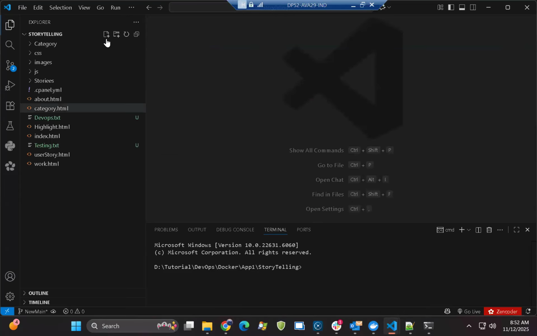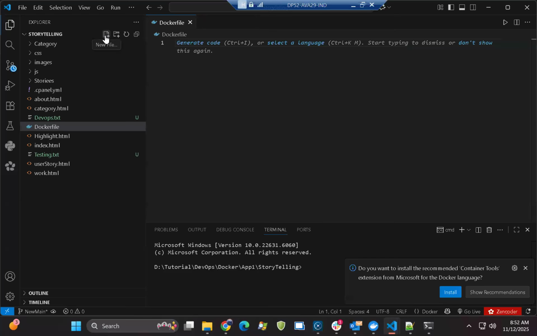What is the first task? Create a file with the name Dockerfile. Okay. Now you can see this application is fully based on HTML, CSS, and JavaScript. So what is my first task? To create a server, a web server. I need a web server, which will be httpd: